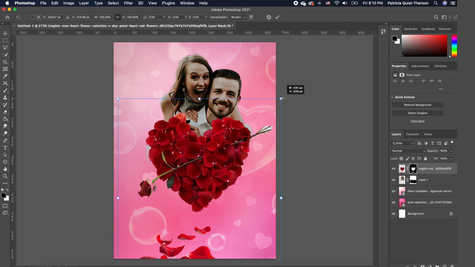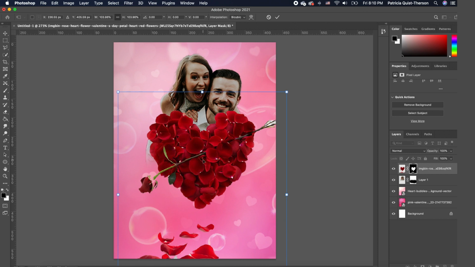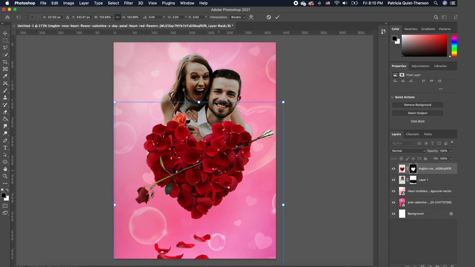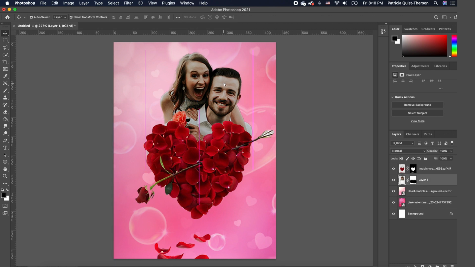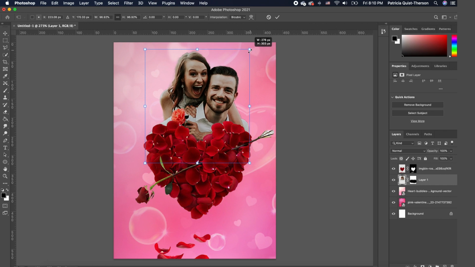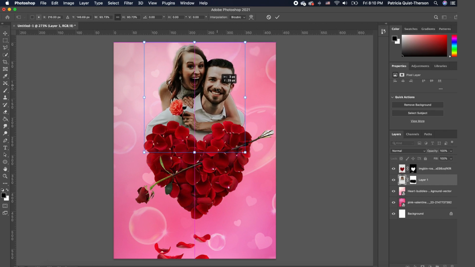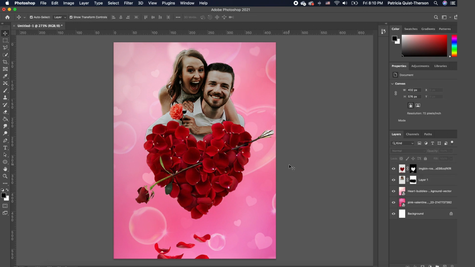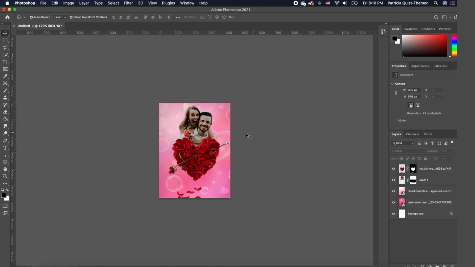I'm going to scale it just a little bit and set it down, or move it up a little, double click, and we're going to move our subject up just a little so we can still see our subject's hand. It adds a nice touch. So we're going to do something like this. Now notice that a bit of the roses are gone, and we're still seeing a bit of the background. So we're going to zoom in